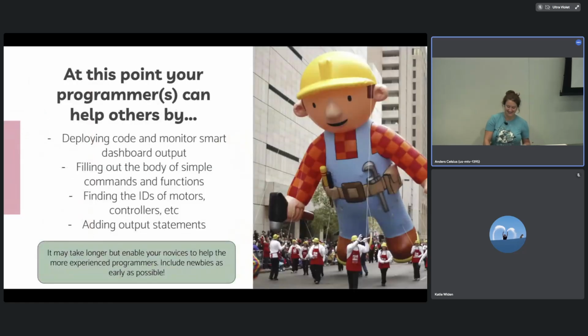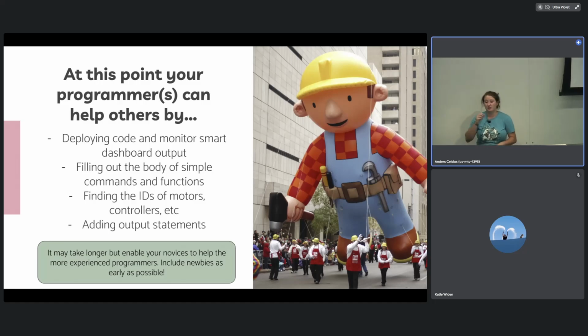What's really cool is once you get to this part, your programmers can do a joystick. They can do a motor on off. They can print things to Smart Dashboard or Glass or whatever you're using. They know how to find IDs of motors. You now have a helpful programmer. At this point, my baby programmers can sit next to the programming team while they're working, adding output statements to the code, or verifying the ID of a motor. It takes a little bit longer, but they are going to be super engaged and super excited that they can help. They just blossom into these beautiful programmers that start to learn more on their own.